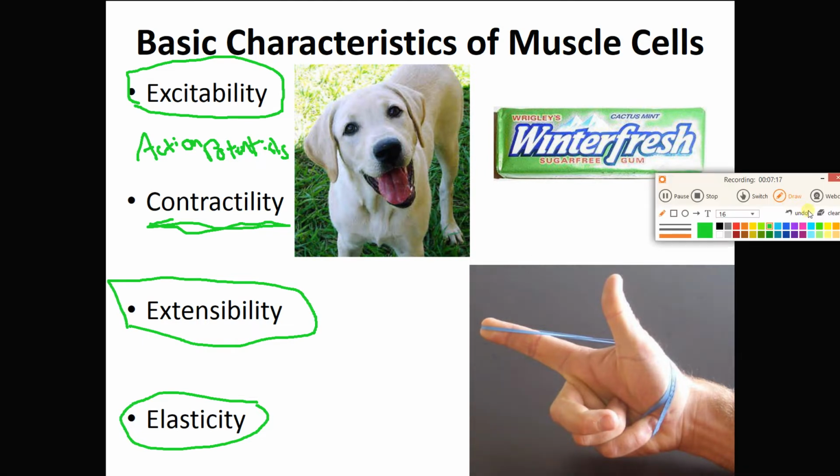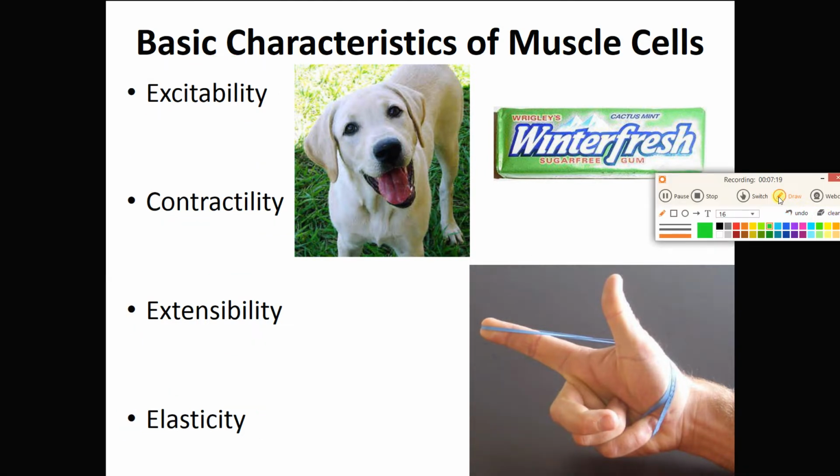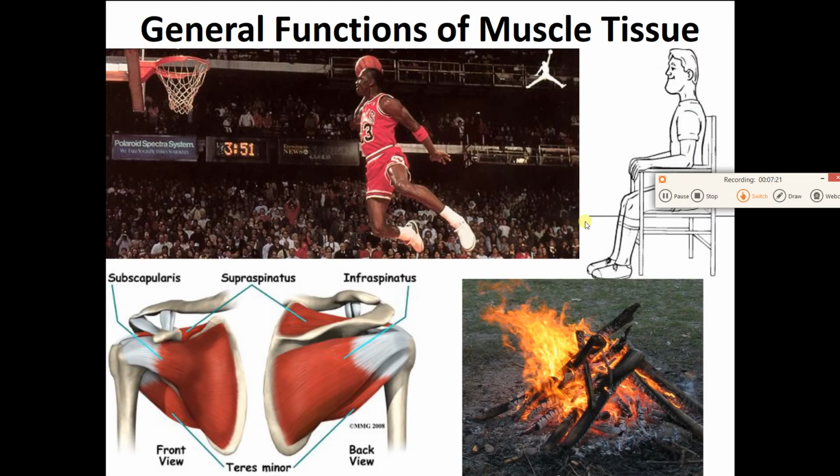Now, what we are going to do from here on out, we are going to talk about skeletal muscle primarily, okay? You'll get more on cardiac muscle and a little bit here and there on smooth muscle when you get to A&P number 2. So general functions of muscle tissue include